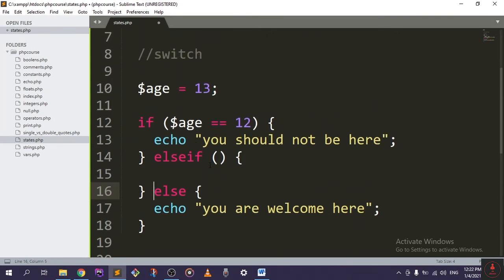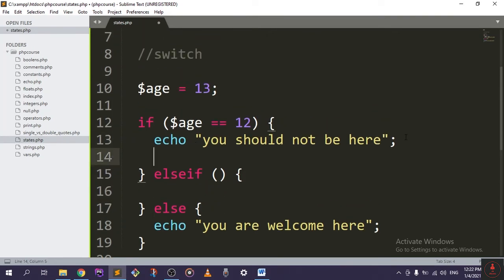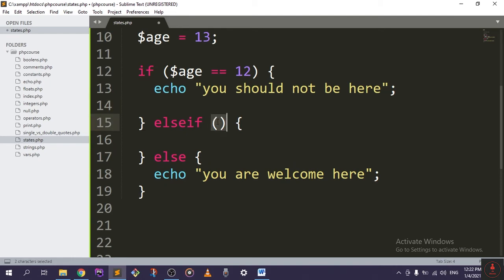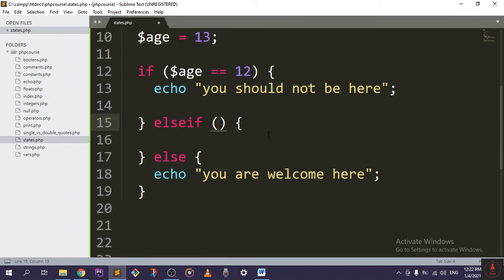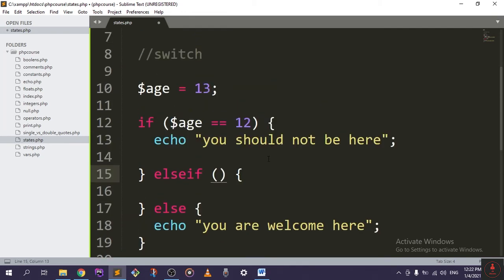So this is else if, which will take another condition right there. Let's say the user age is